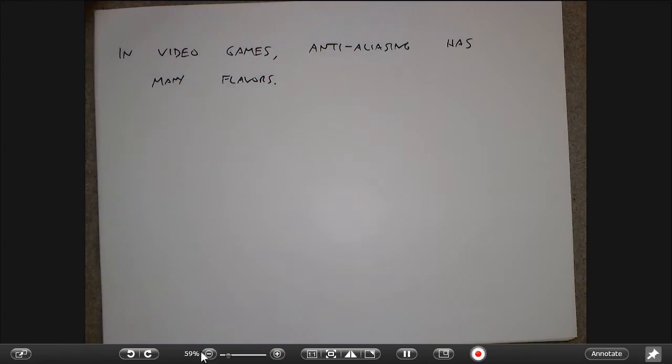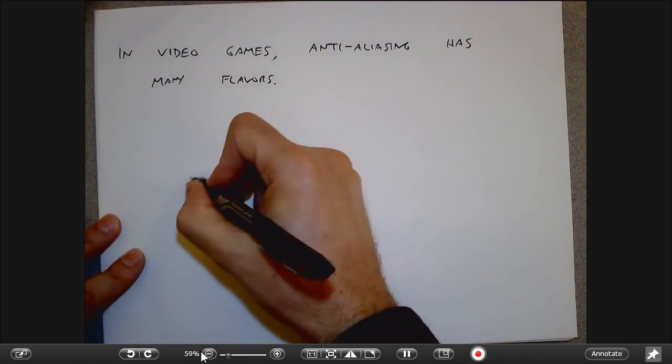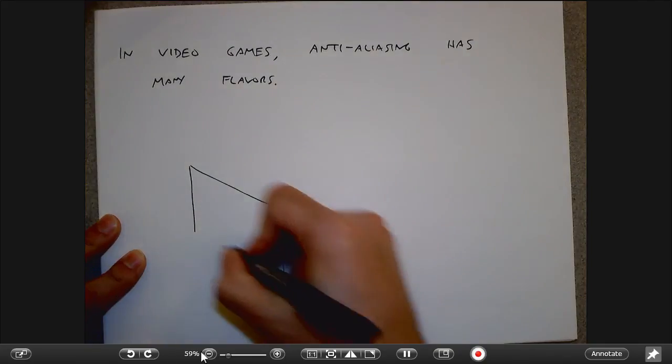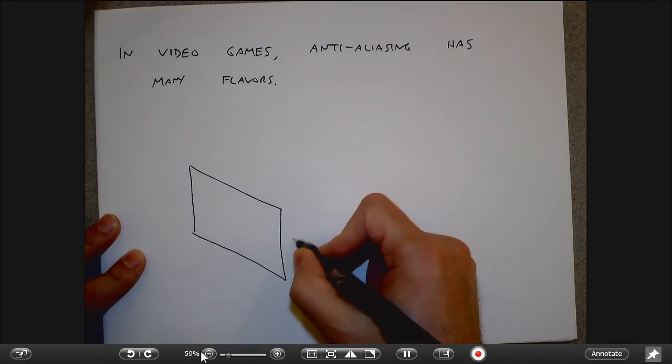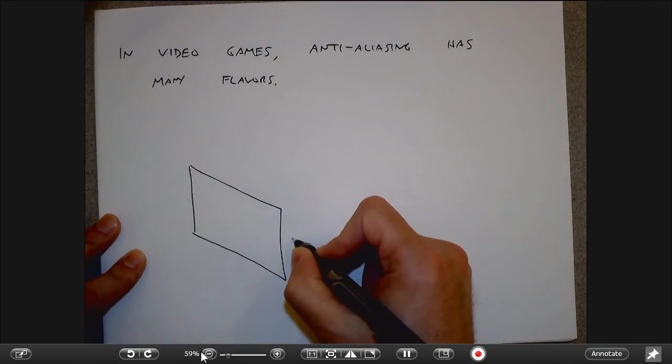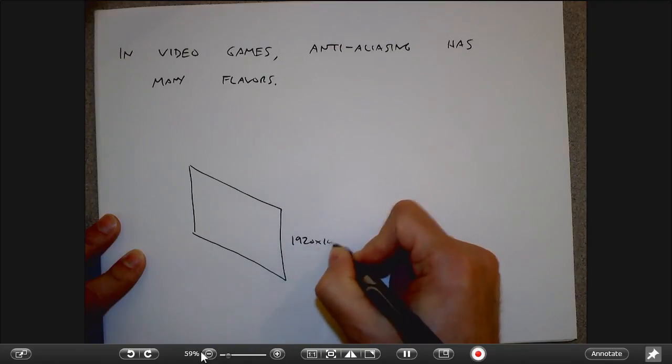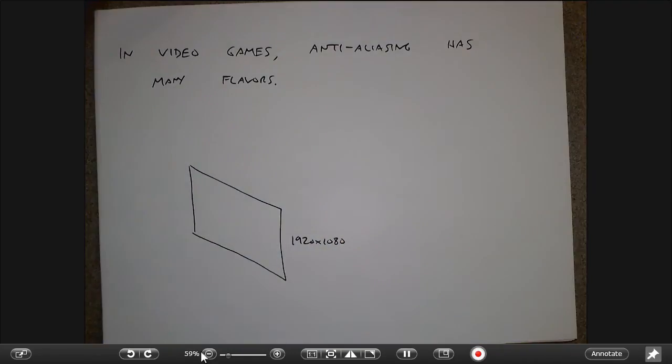So one of the stupidest things that you could do, which is not the way that I think most anti-aliasing works, is that suppose that I've got a low resolution display. Okay, so suppose that I've got a 1920 by 1080 display, right? So one way that anti-aliasing is often used, not only for video games, but also for things like fonts on